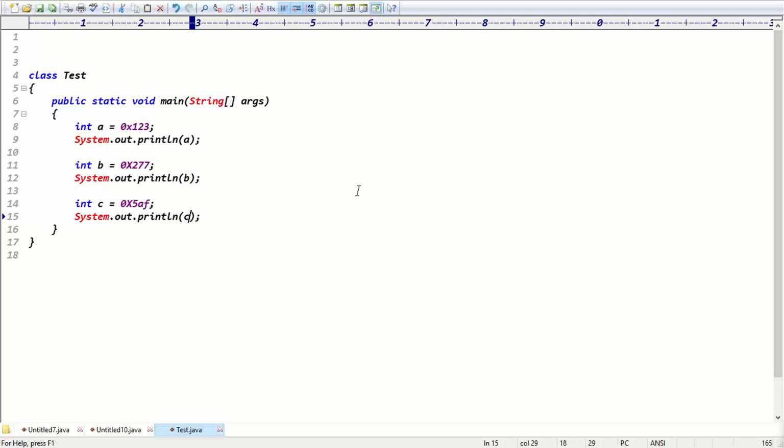A value is 10. Sorry, F is 16 or 15? 15. Sorry, 15. Yeah, F is 15, right? F is 15, then what's the output now? 1, 2, 4, 0, 1, 15.